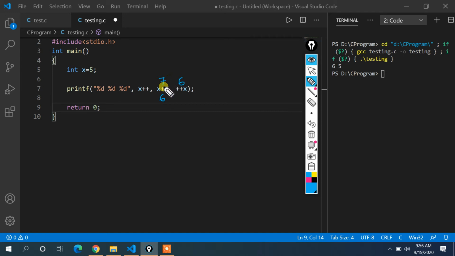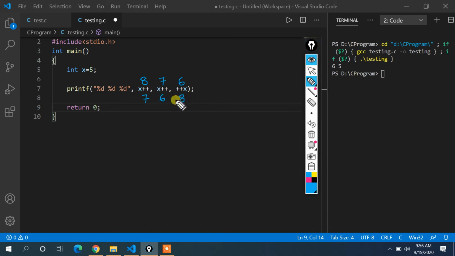Then next, this statement is over. Now we come to this term. In this term, this is again a prefix term. So what will happen? We will assign the value, and there will be no other term, so we will increment it to 8. Now that we have assigned 6, 7 over here, and the current value of x is 8, so at last we will assign 8 to it.